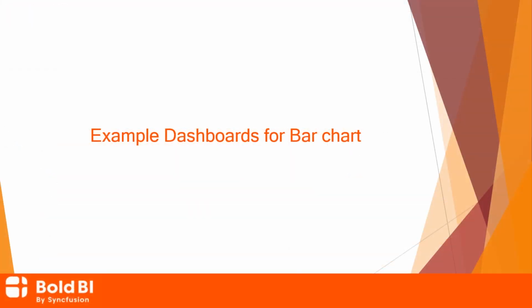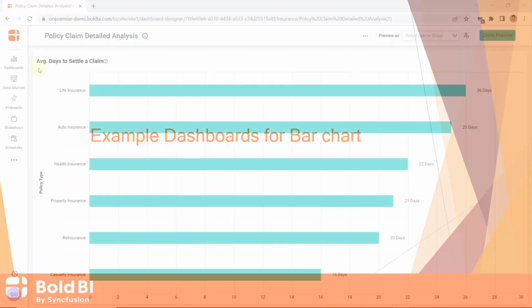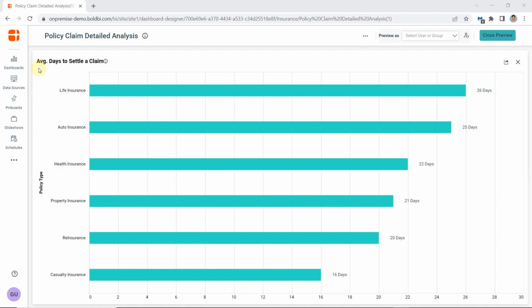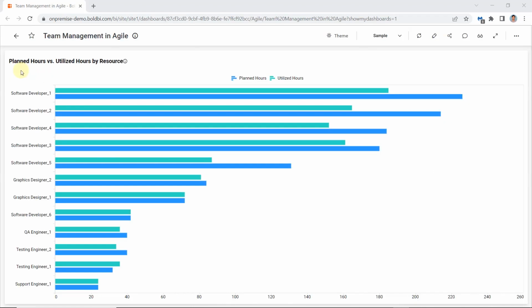Let's see some dashboard examples that use a bar chart. In this policy claim analysis dashboard, we have used this bar chart to represent the average number of days to settle a claim for different insurance types. In this team management in Agile dashboard, we have used this bar chart to compare the planned and utilized work